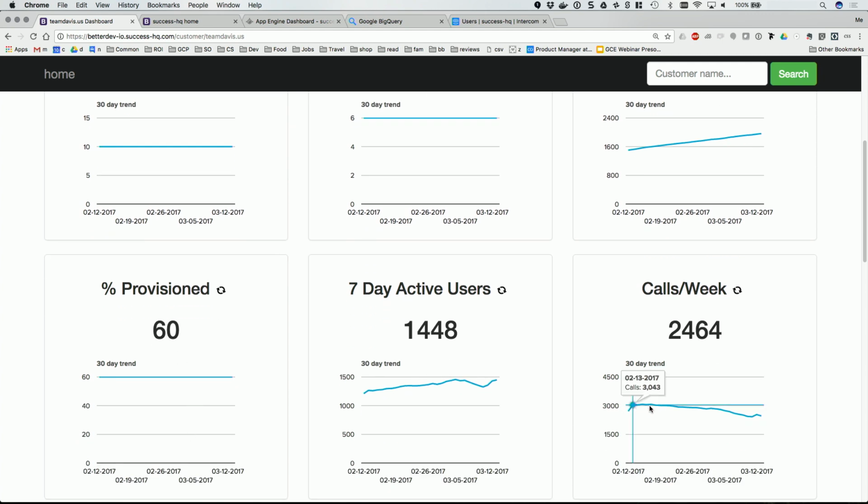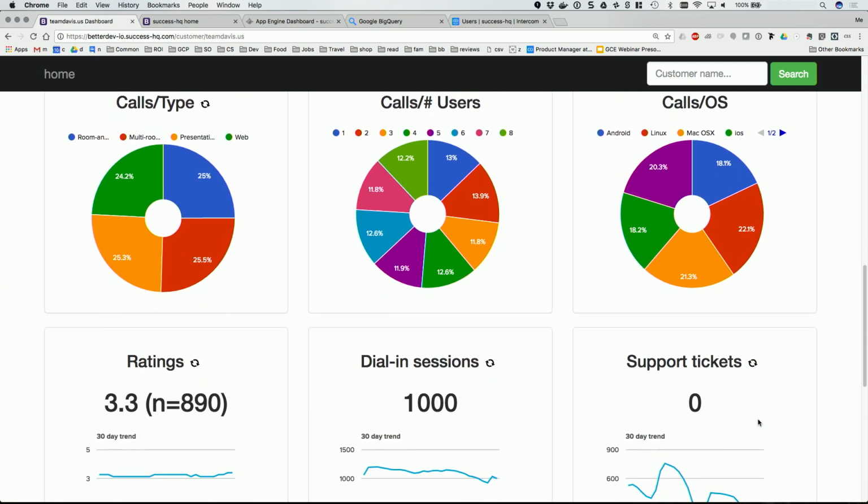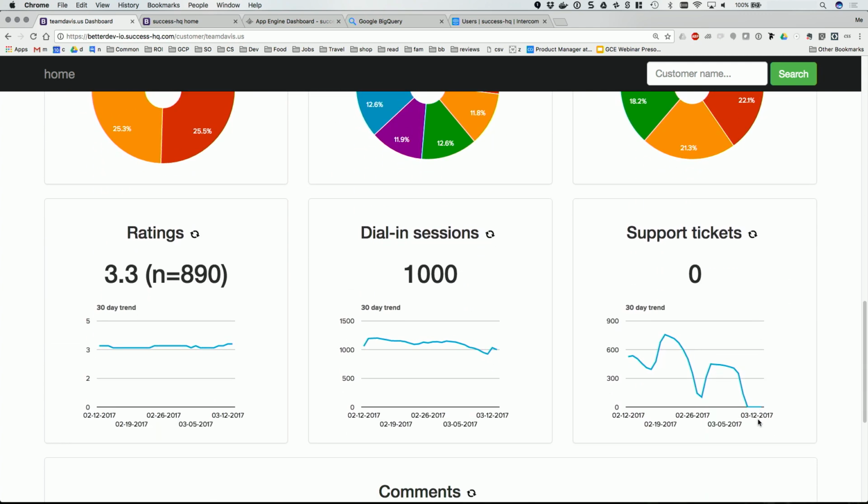We also notice that the calls per week is trending down over time. This shows the last 30 days, and we actually want to boost this up, not have it go down. On the other hand, we can see that support ticket volume has gone down and end of call ratings are slightly going up. So those are positive things that we could bring up in a quarterly business review with the